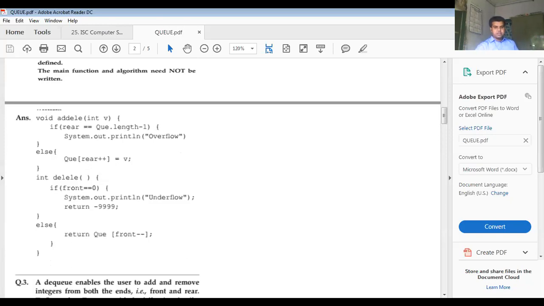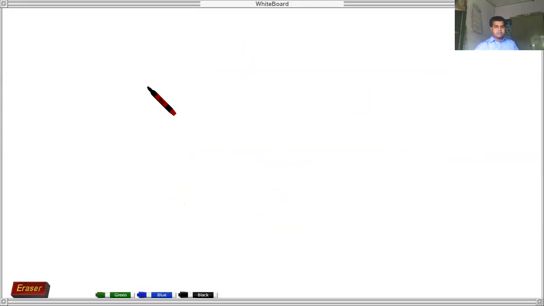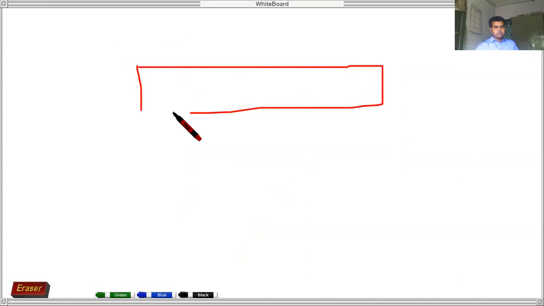That is, let me just show you in the form of a diagram, in the form of a dry run, so that you can understand what is happening. If it is an overflow situation, nothing can occur. Okay, but if it is not an overflow situation, that means